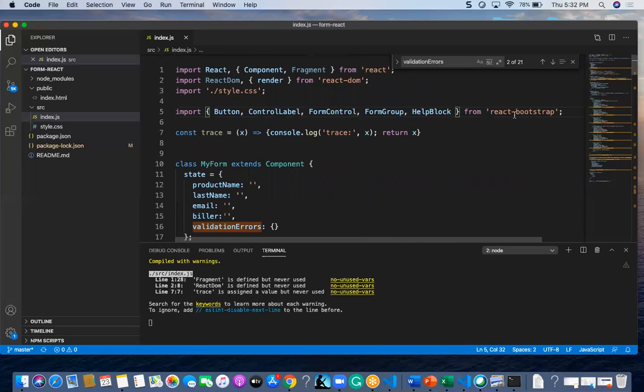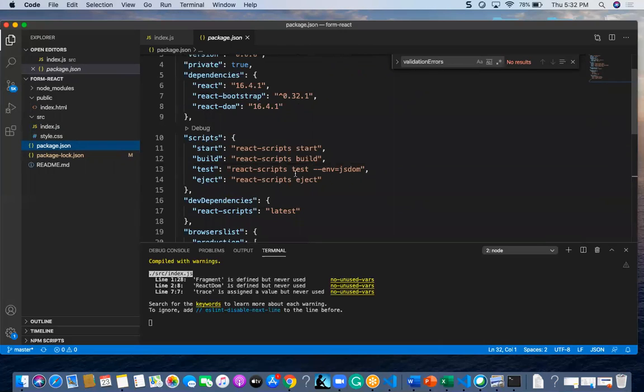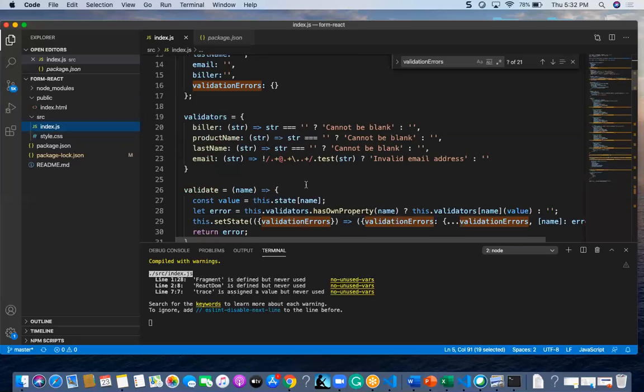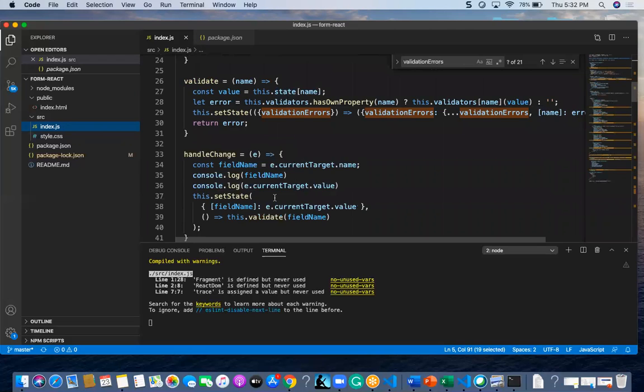From where I am getting this form control label: it is from React Bootstrap. This is the module I have installed inside the package.json. In the package.json, I have got the bootstrap modules, and only those bootstrap modules I am going to use for my form building. Okay, have we got up to here?